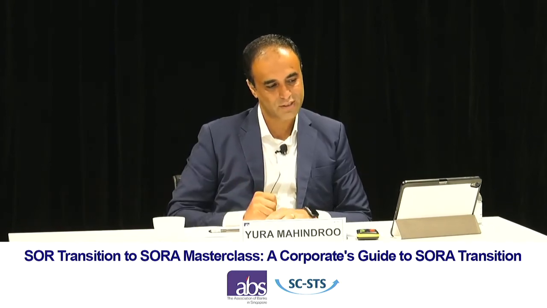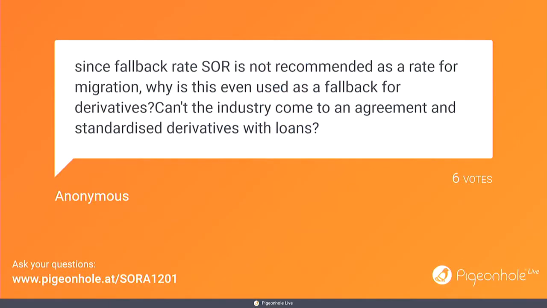So a good question, changing tack slightly, but again staying with Matt. Since fallback rate SORA is not recommended as a rate for migration, why is this used or as a fallback for derivatives? So I'm not sure where it is not recommended as a rate for migration. So I think, again,